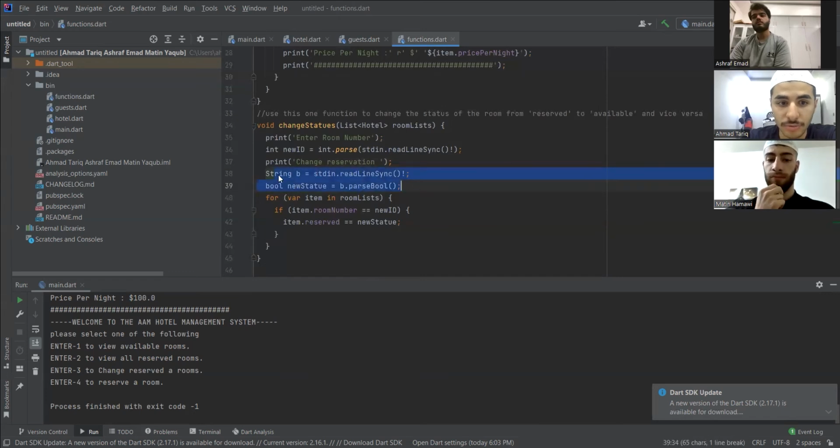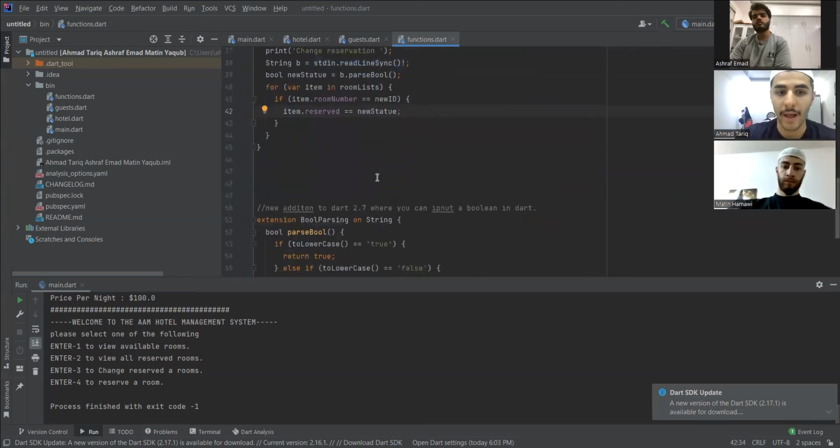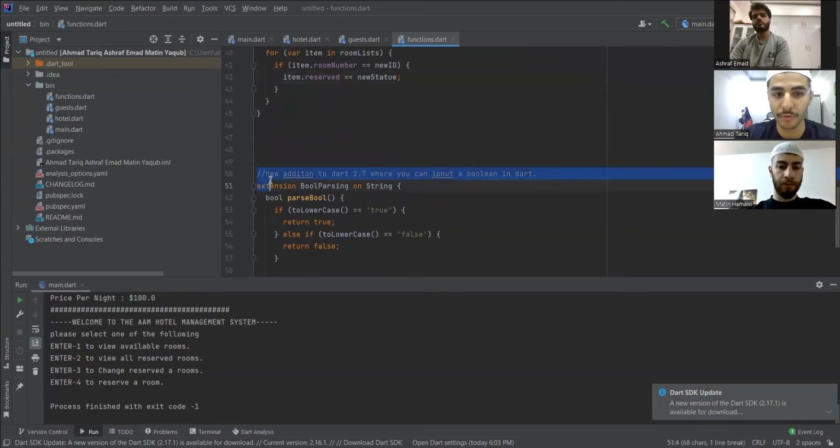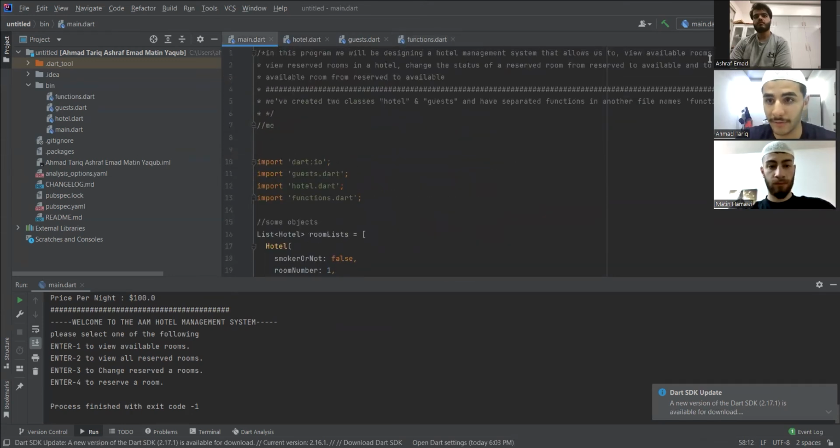And here it just shows that this part is for an input of Boolean, so you add true or false. And this is how you input Boolean. Now in this version, you can have an input of true or false, where previously, traditionally, you would only have numbers or letters. Now, if we go back to the code and run it,